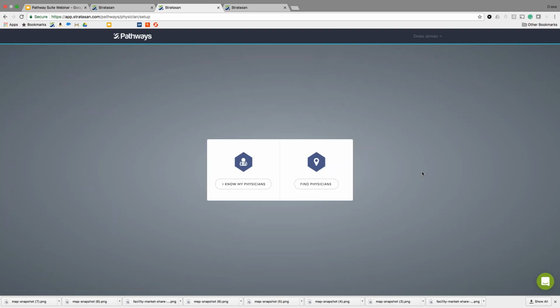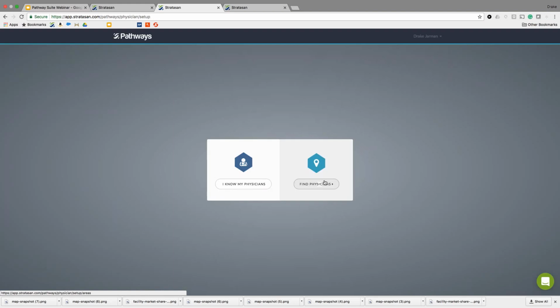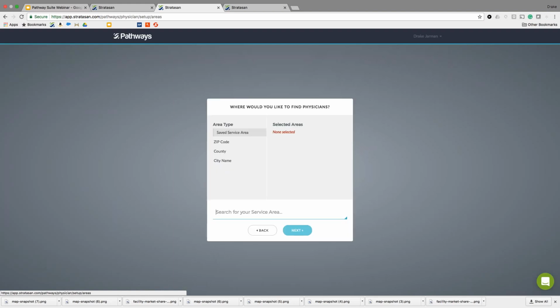And once you get into Physician Pathway, this is the landing page. Over here on the left is where you know the physician you'd like to analyze. This would be their MPI number, a specific name, or a city, or a specific specialty. For today, I'm going to use the zip code function to find physicians where I can really have some opportunities